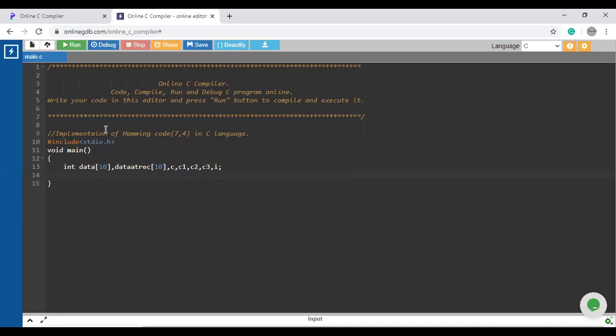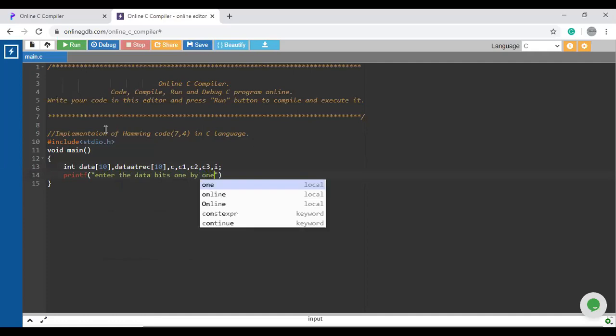Now, I will print the data which will be entered by the user. So now I'm going to write printf: Enter the data bits one by one.